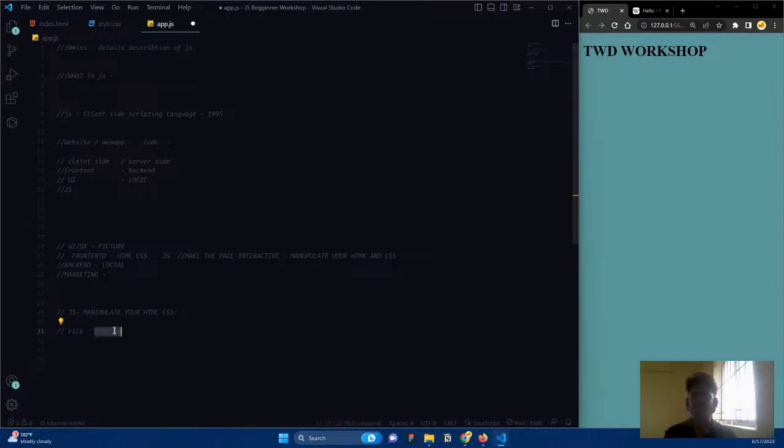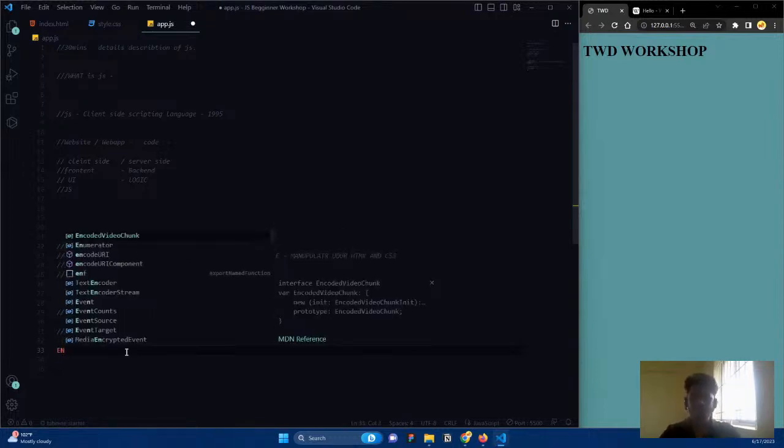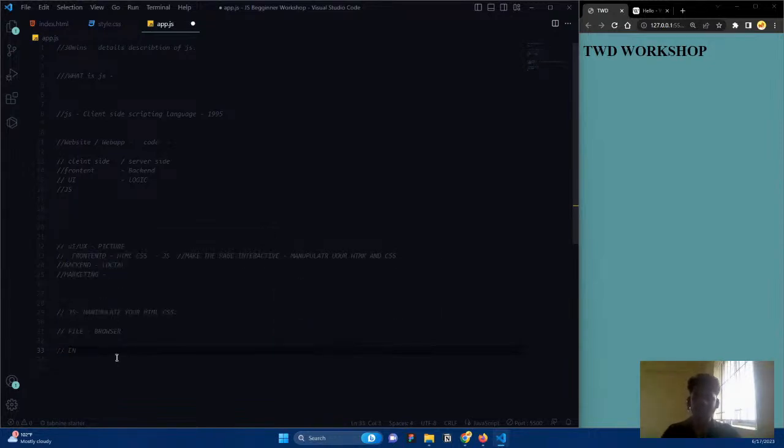Then how is the browser understanding? How is the browser understanding the language that we have built? Basically, the browser does not understand what we have written in JavaScript. If I write something, the browser will not understand that, because we are writing it in English. The browser will understand only zeros and ones. And something is needed, right? Something is needed